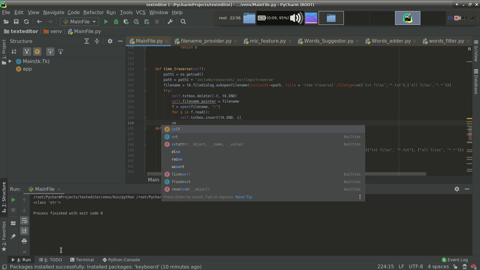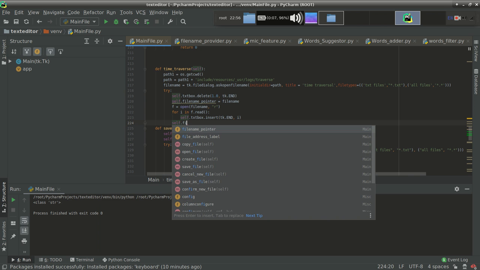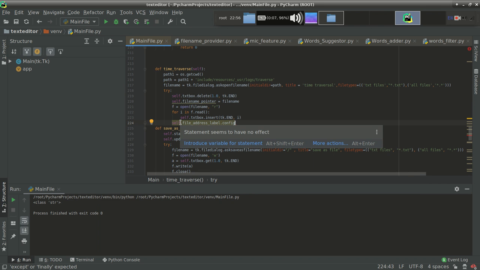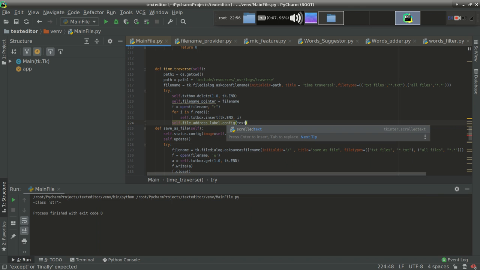So it is again our duty to update this file traversal label, the label which will appear over here, and which will tell us which file we are currently working with. self.fileaddresslabel.config text, text should be file.